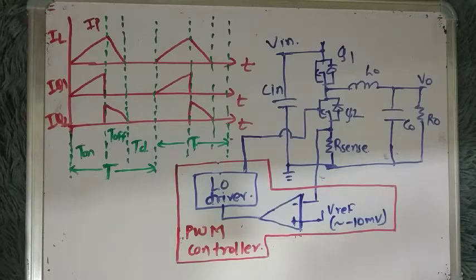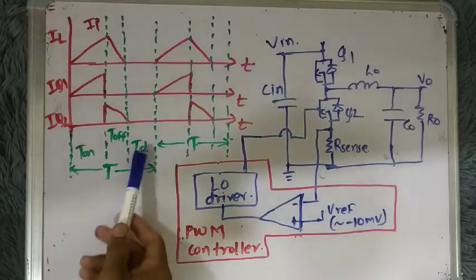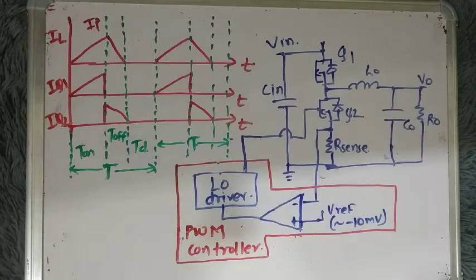Hello guys, so in the last part we saw how the asynchronous and synchronous buck converter operates in DCM mode, and why the synchronous converter operates in FCCM or forced continuous conduction mode, because we discussed that in the last video. The reason is Q2 is kept on for the time duration TD, and that is the reason the converter operates in the forced continuous conduction mode.